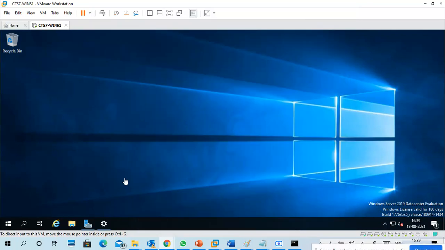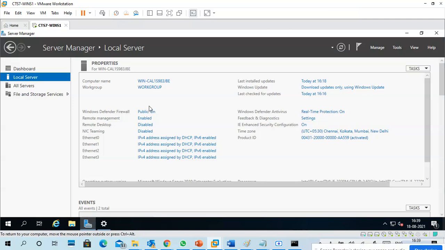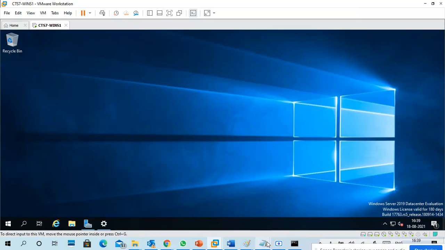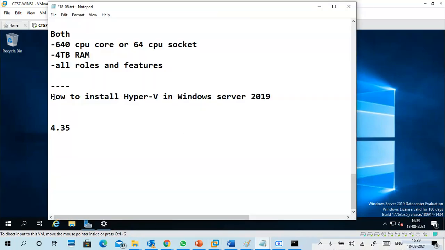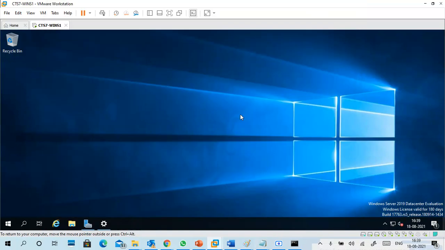So this is my Windows Server 2019 server. This is Server Manager. Okay. And next here we want to install Hyper-V, but I want to install the domain controller first. So initially we'll first install a domain controller